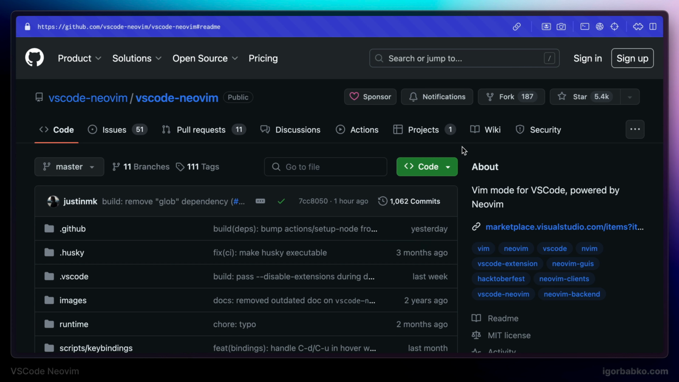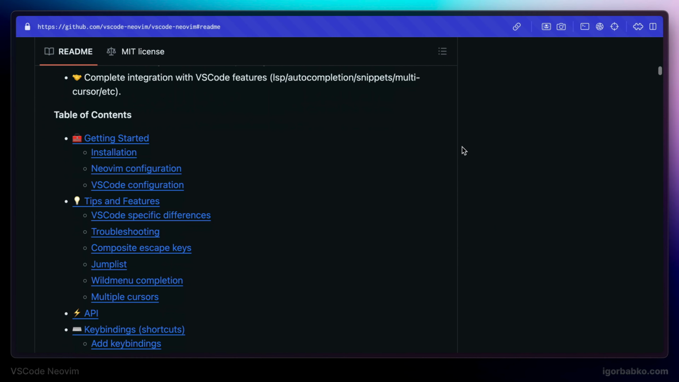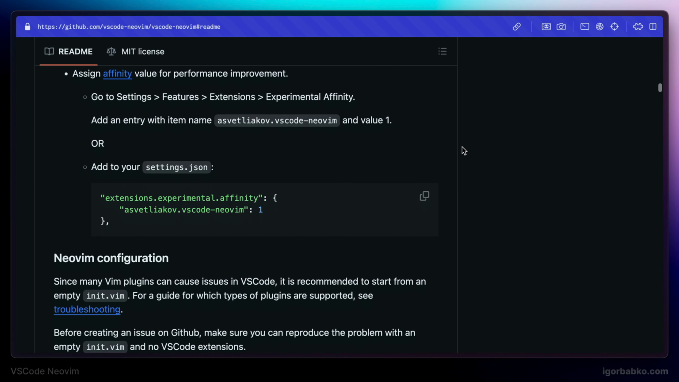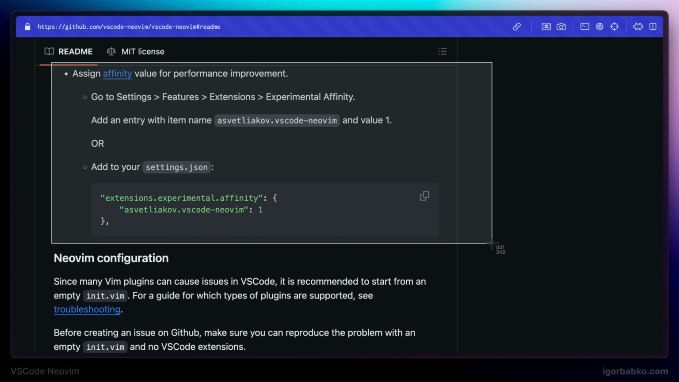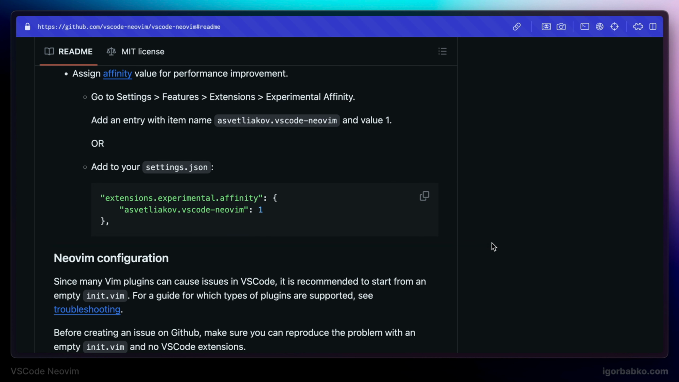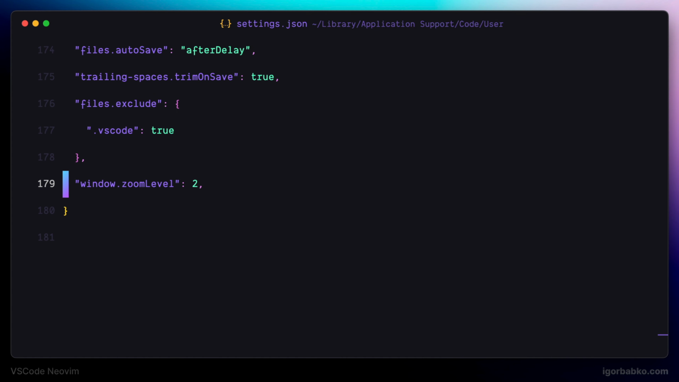Another thing to do to finish setup of this extension would be to copy over the following setting and paste it into VSCode configuration file. As it says in here, this setting is going to improve performance of this extension. So let's open up settings.json inside VSCode and paste the new configuration at the very bottom of this file and save the file. So at this point we have successfully installed VSCode Neovim extension and are ready to move on